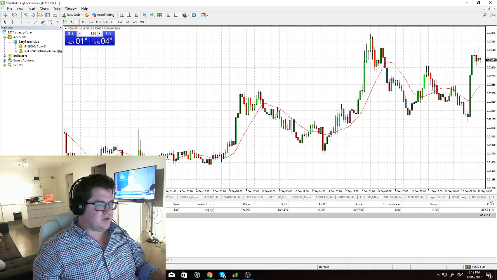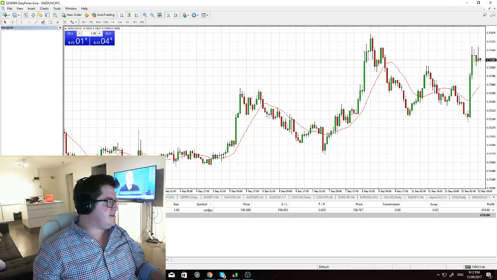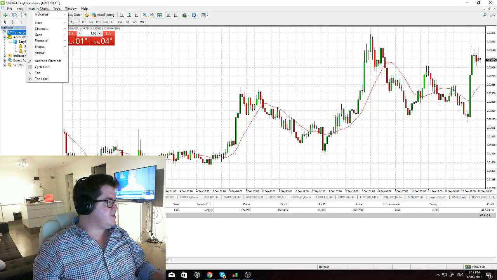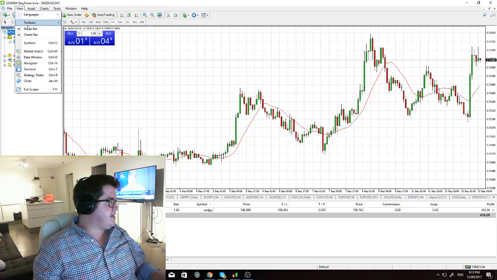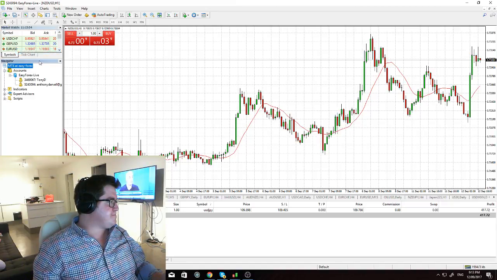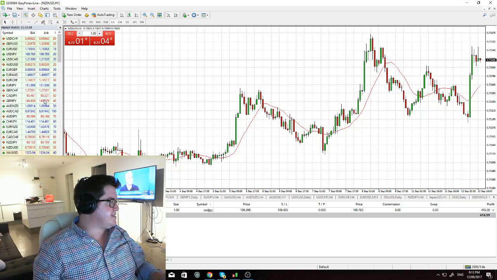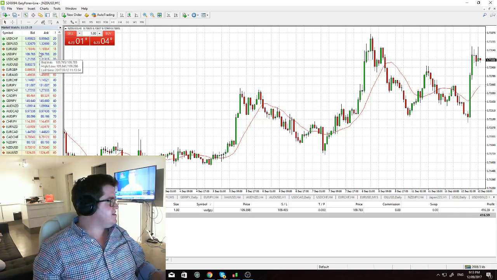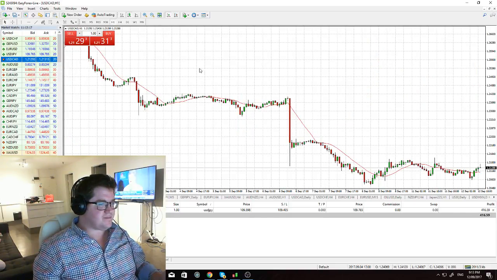Obviously, CAD Yen is doing really well because it's a combination of the strongest pair, the Canadian dollar, and the yen, which is the weakest. So you can play that as well. It's not a bad little option. It's probably not my favorite way of doing it, but I'll buy dips on that for sure, but just worried about the dollar CAD getting reversed here because it's just gone so far so quick.